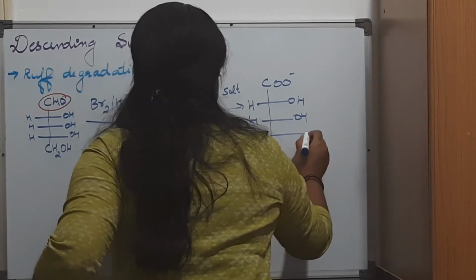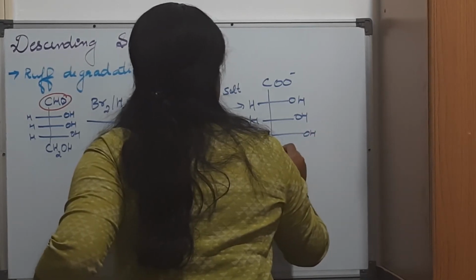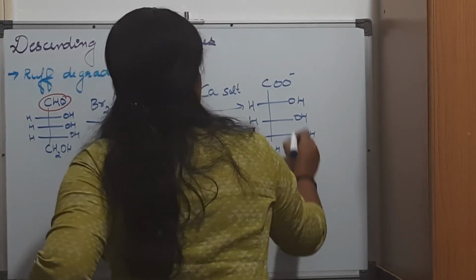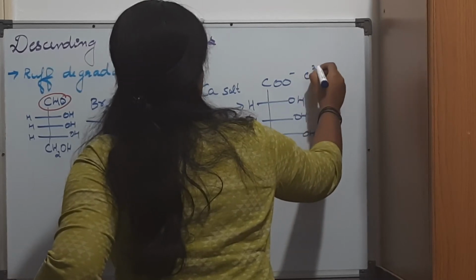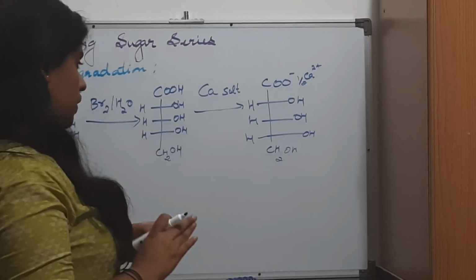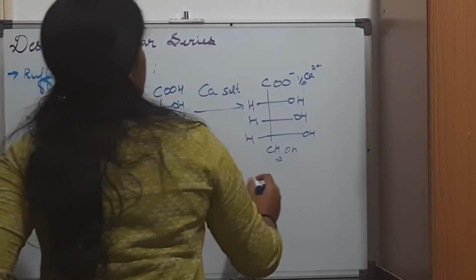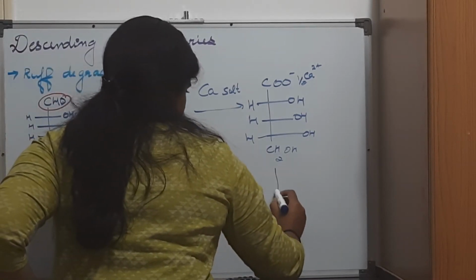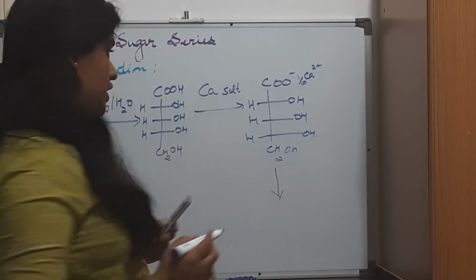One more HOH is there and CH2OH. And to balance that, we have this calcium 2 plus, half of that also. 2 plus ions are also there from the calcium salt. Okay. Now in the next step, what's going to happen is, I'm adding Fenton's reagent, which is